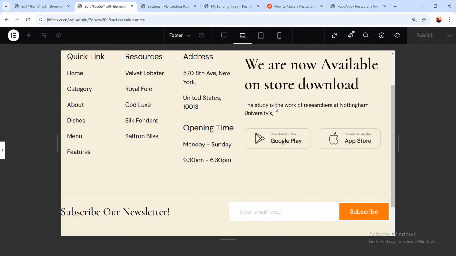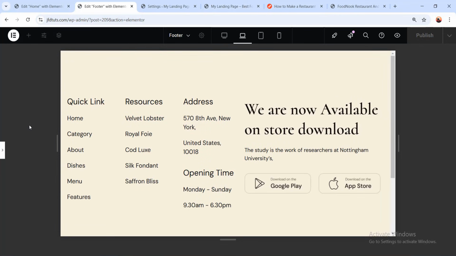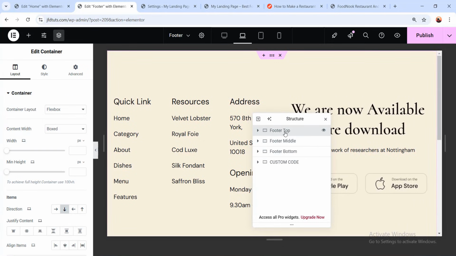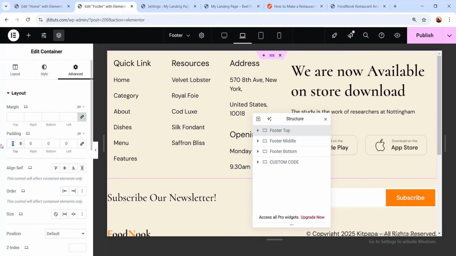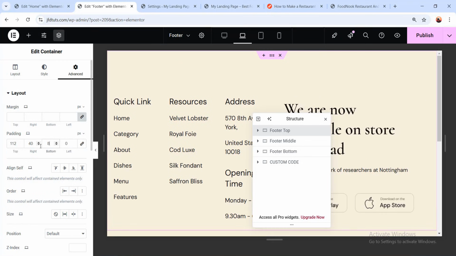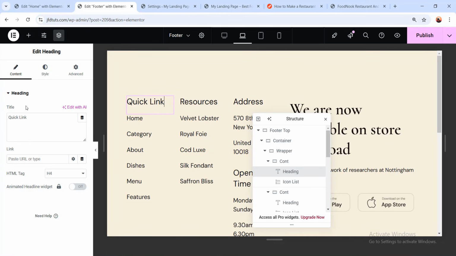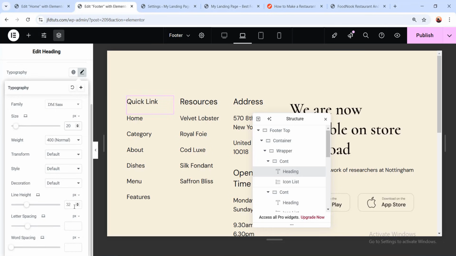So first laptop. In the laptop this is almost perfect, but we just have to increase the padding and maybe change some font styles or font sizes. So first I'm gonna select the footer top, go to advanced, and edit the padding. On the top keep it the same, then on the right 40, on the bottom 80, and left 40. And then let's select this title and go to the style, make the typography 20 pixel and line height 30 pixel,